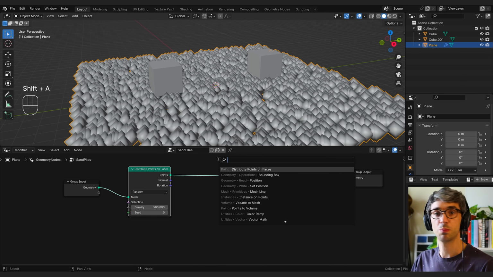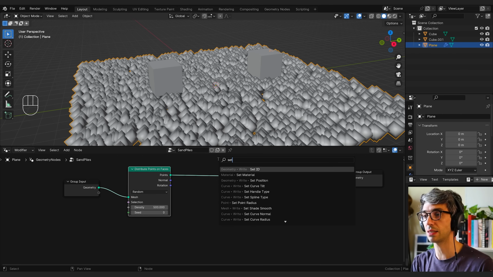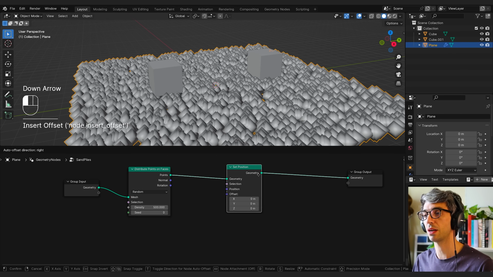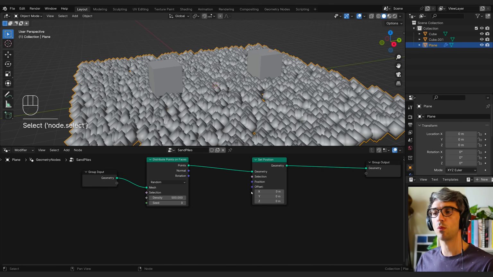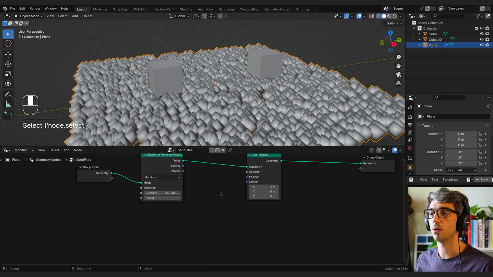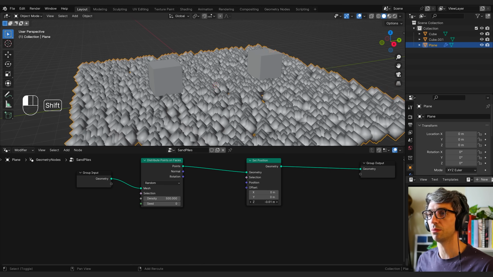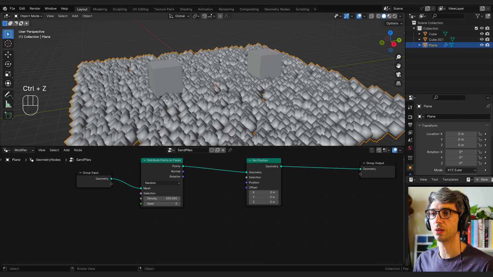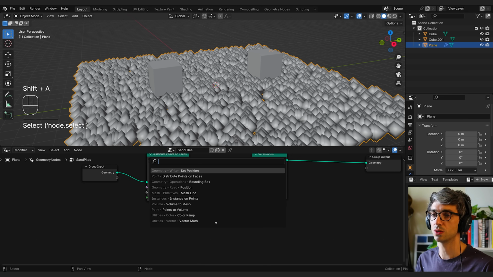Well, we want to change the position of the points. So we're going to use the set position node. We know that. So I'll drop that here. Next thing we do is figure out by what to offset them from their current location. So we're going to use the offset input to offset them. Now, if we offset them all together, that's just going to be global. So we need to scale that somehow based on this proximity. So we're going to use the